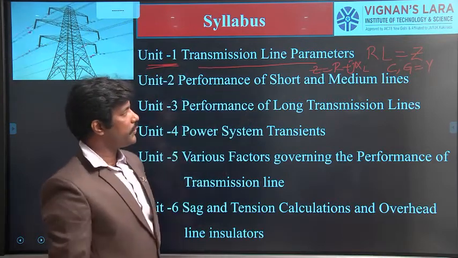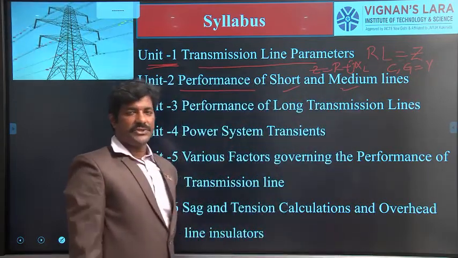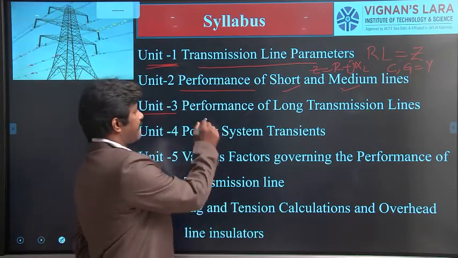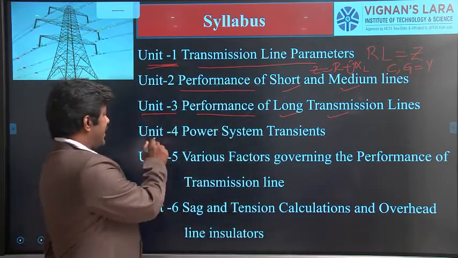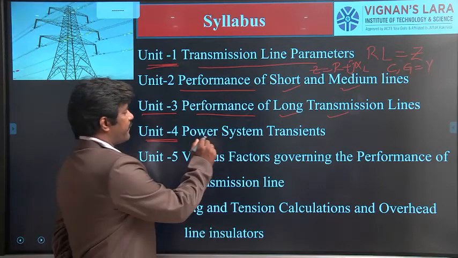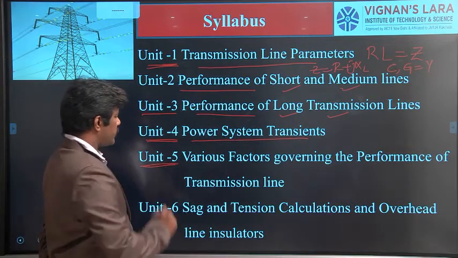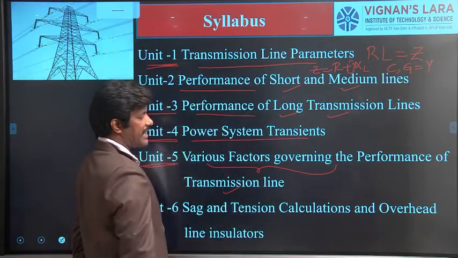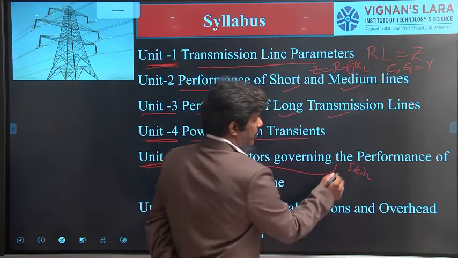And next in unit 2, as I told you, the performance is to be evaluated for short transmission lines and medium transmission lines. And in unit 3, we are going to study the performance of long transmission lines. Unit 4 is related to the concepts of traveling waves, which will be helpful to analyze power system transients. And in unit 5, we are going to see the various factors which affect the performance of the transmission line. Some of the effects we can recall here are skin effect, proximity effect,